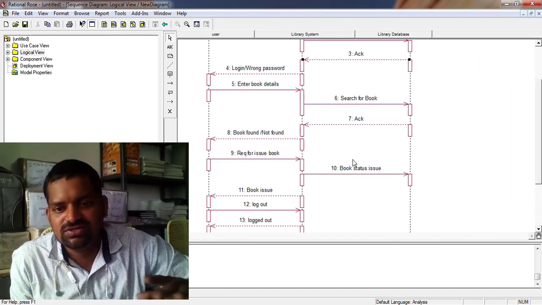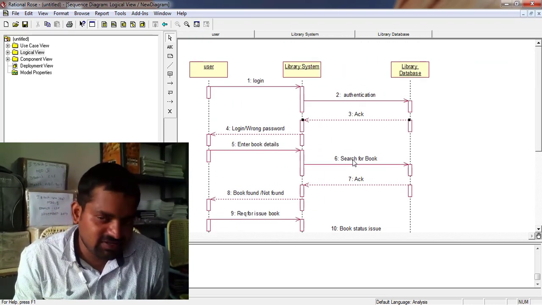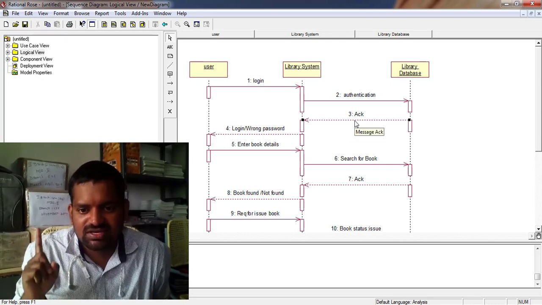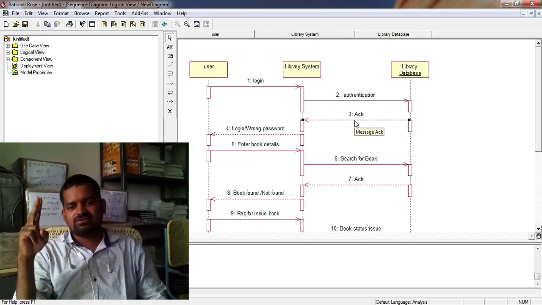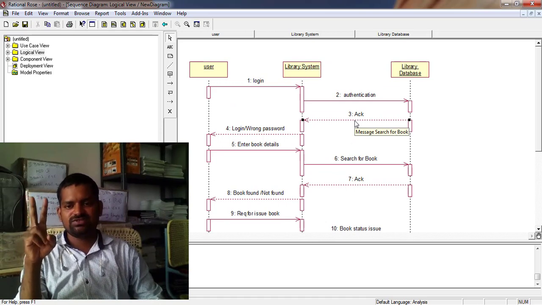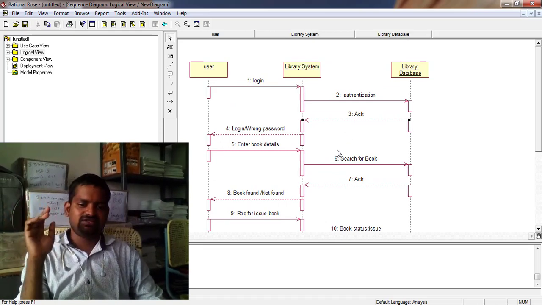Also check from the library database to library system, those are acknowledgements. 3 is one acknowledgement and 7 is one acknowledgement. 3 and 7 are the only acknowledgements between the library database and the library system.